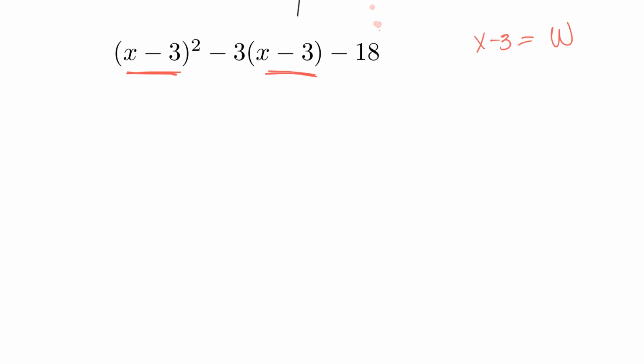You can use any letter as long as you keep it constant. So here, wherever I see x minus 3, I write w. W squared minus 3w minus 18. In this case, we can see here that the w squared is alone. What does this mean? That we can try the